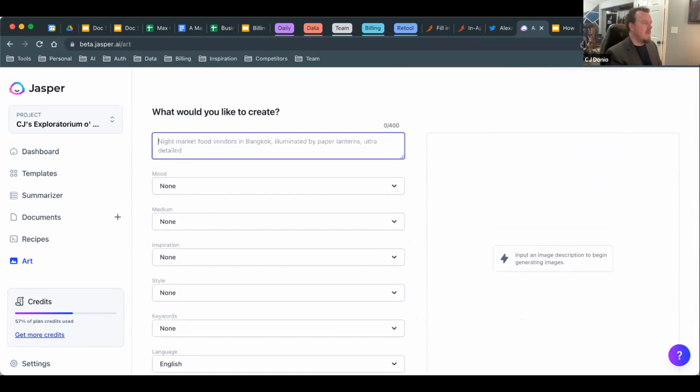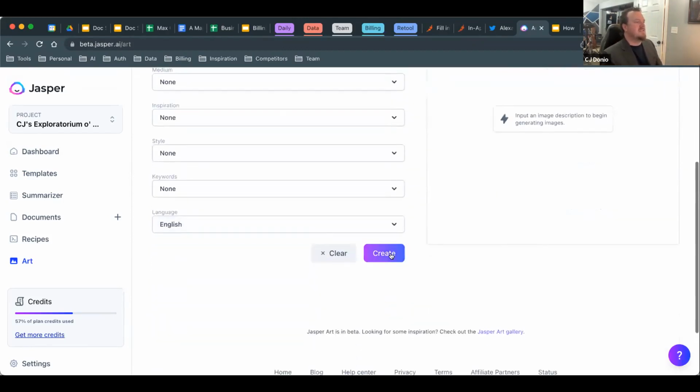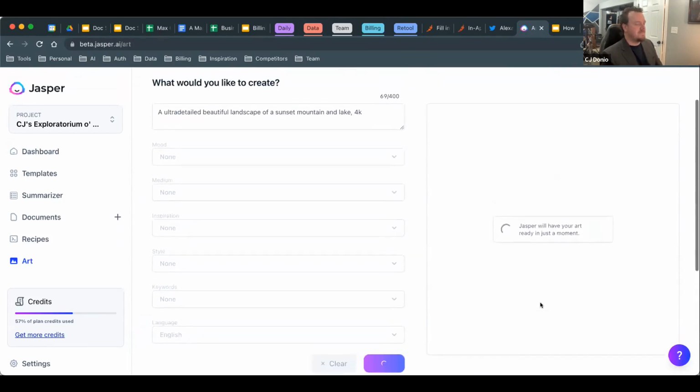So what I'm going to do, I'm going to start with just a basic input here. So I want a mountain and a lake, hashtag Bob Ross vibes, right? I want just some happy trees. I'm going to add a few things to it. Let's see here. There you go. I'll just add, there you got beautiful in there. That's plenty. Let me just generate that and see where we're going here.